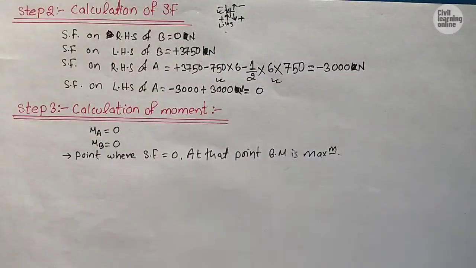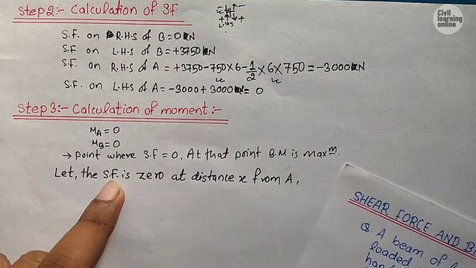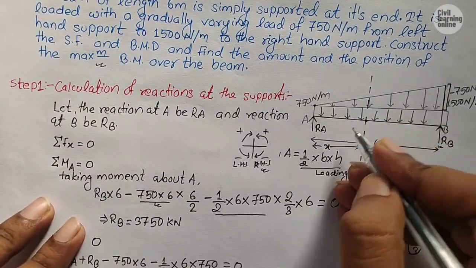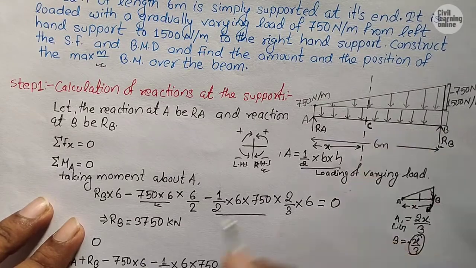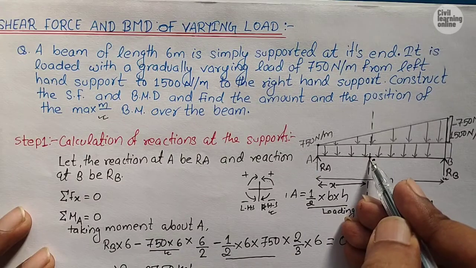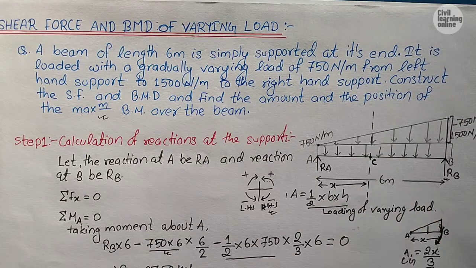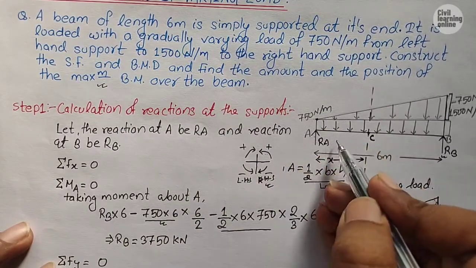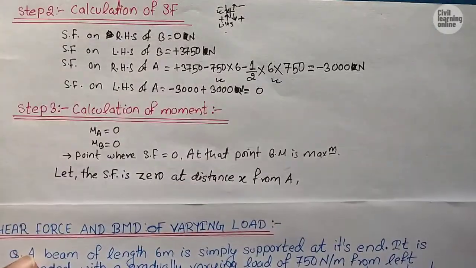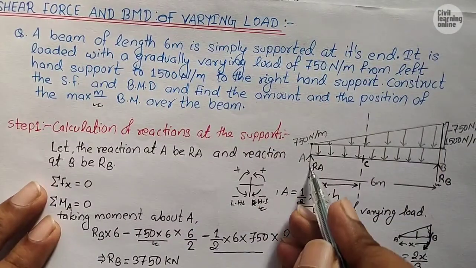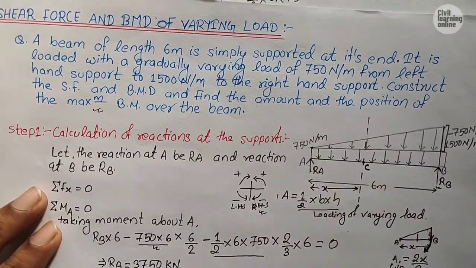Let me write it here. So guys, I have considered that the shear force is 0 at distance x, and let this point be C. It means if we calculate the shear force at point C, then it will be 0. If I take upward positive and downward negative, then it will be written as, see this step carefully. What I said, I am taking upward force positive and downward force negative, so it will be